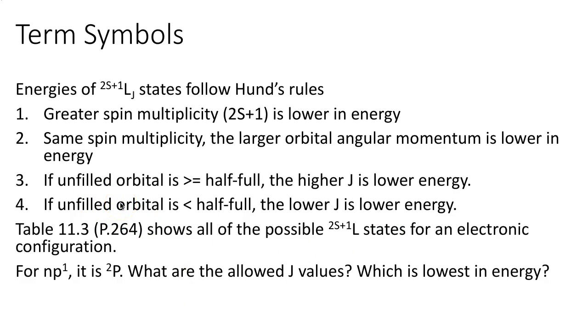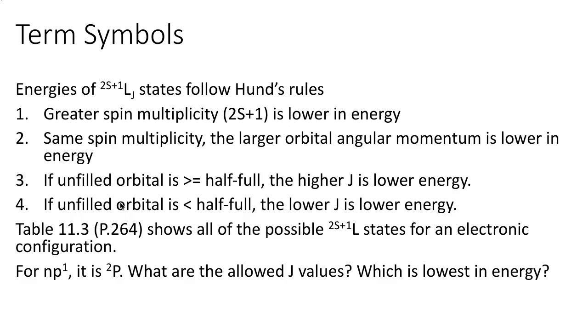If your unfilled orbital, so if you're in a p state, is greater than or equal to half full, so if we have p equals 3, 4, 5, or 6, then the higher J is lower energy. If the unfilled orbital is less than half full, so in our example of the p orbitals, if we have p1 or p2, then the lower J is the lower energy. Okay, so table 11.3 in your book, page 264, shows all of our possible 2S+1 L states for